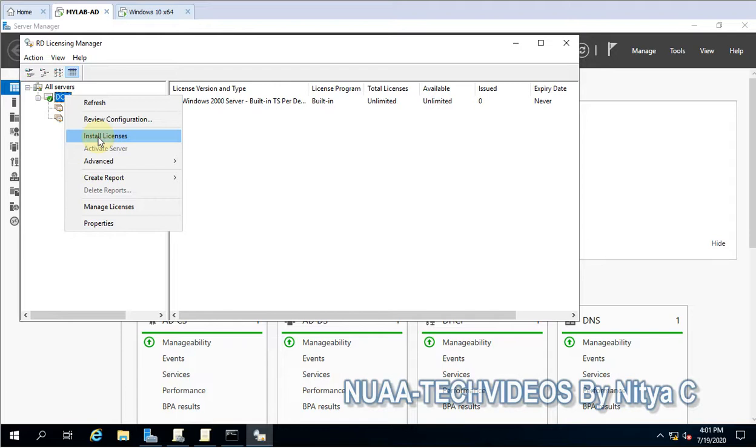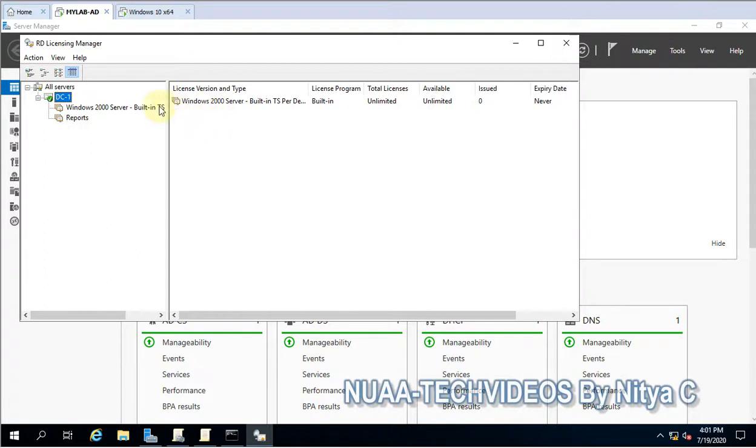So whatever license you have purchased will be installed on this server, and accordingly they will be assigned to the computers as per device or user. So we call them CALs.